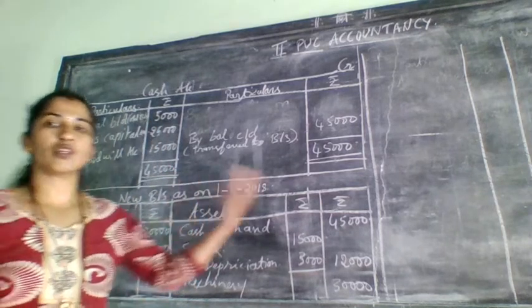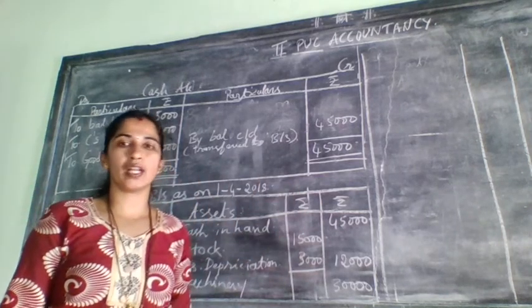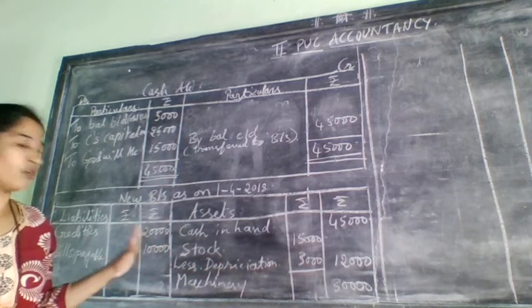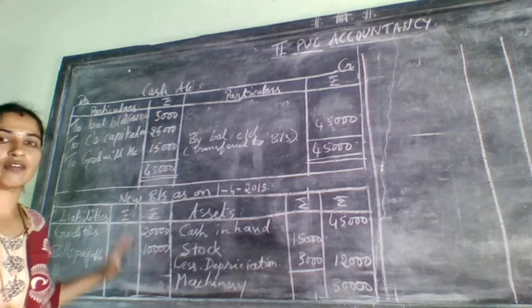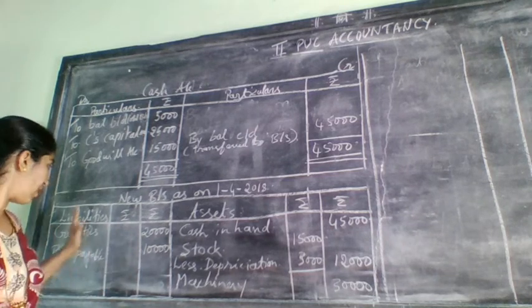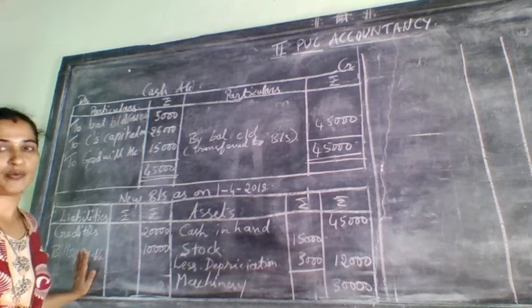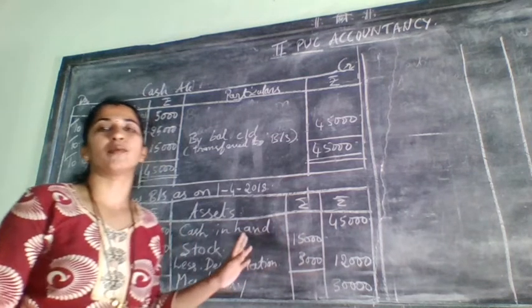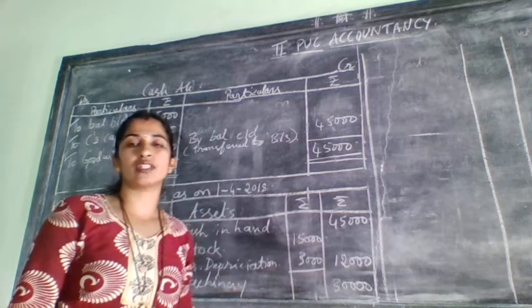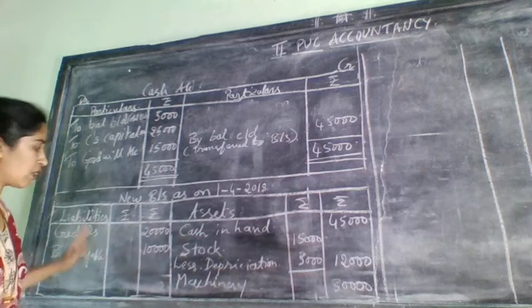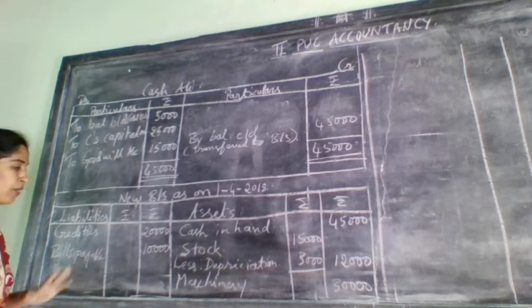So already it was over in which one? Partners capital account. When it was over here, you can't take it here once again in the new balance sheet. So reserve fund will not come in which one? Reserve fund will not come in new balance sheet on liability side. Even profit and loss account also will not come, because that you will take once first in which one? Partners capital account only. So that's why that also will not come in new balance sheet.